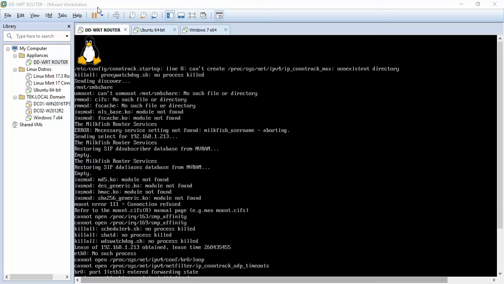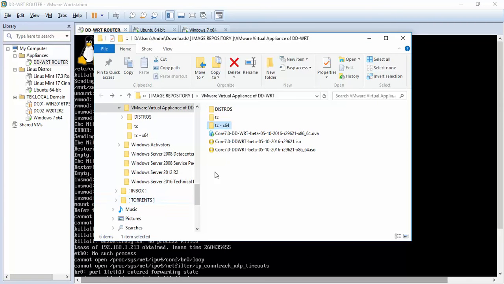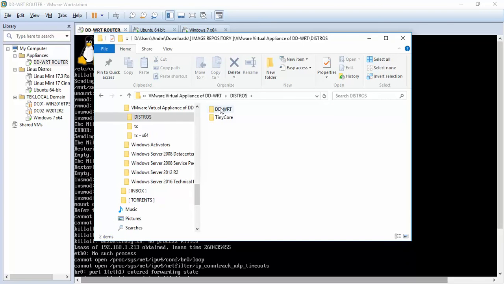As you can see, I have my virtual environment here. I have a local domain that I created. The purpose of this tutorial is to demonstrate how I set up DD-WRT as an x86 router on a VMware Workstation. As you can see here, I downloaded